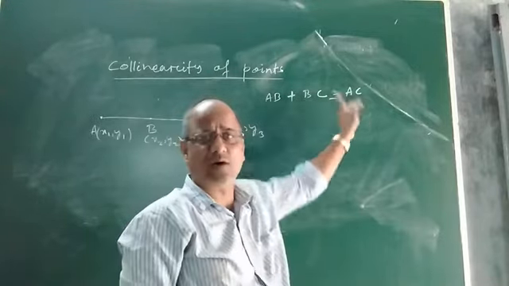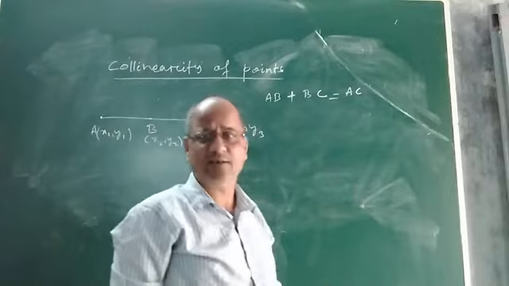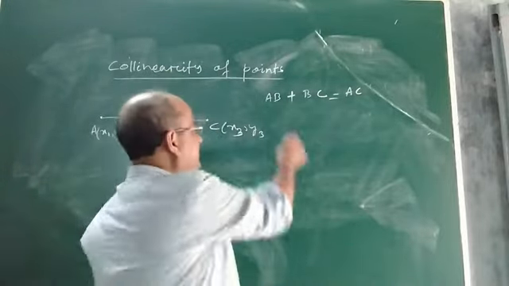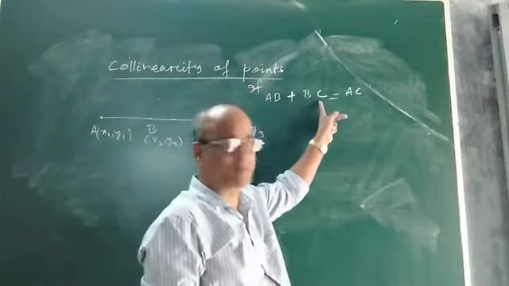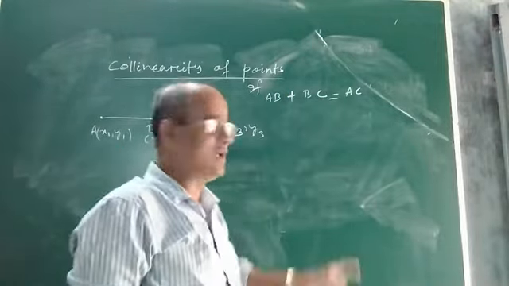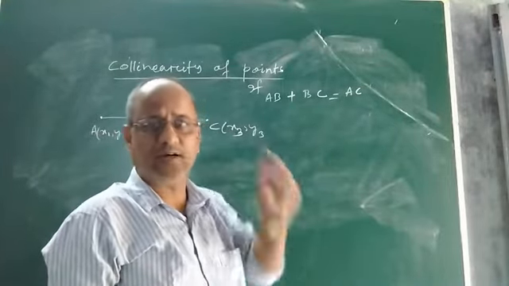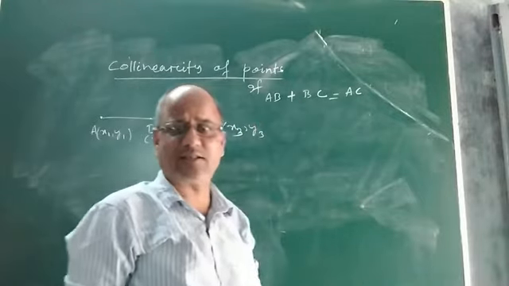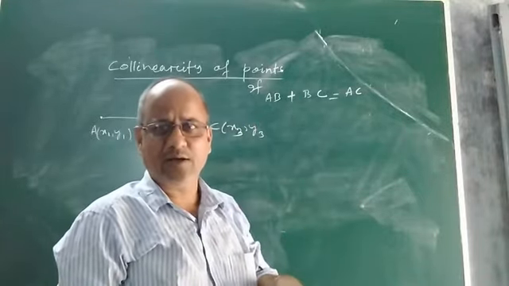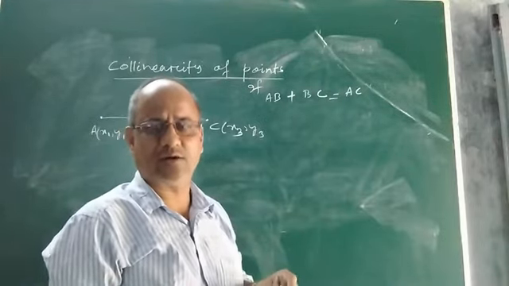If their sum is equal to the length of the line segment AC, or the distance between point A and C, then if this condition is satisfied, that is, if AB plus BC equals AC, that means AB plus BC coincides with AC. In Euclid geometry we had read in class 9: if AB plus BC coincides with AC, then AB plus BC will be equal to AC. Things which coincide with one another are equal. We had read this in Euclid geometry.